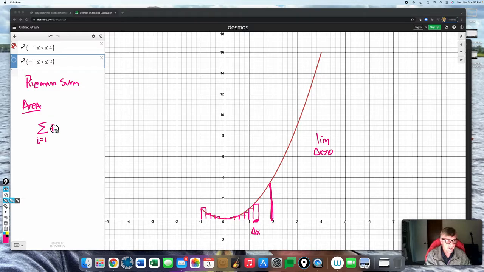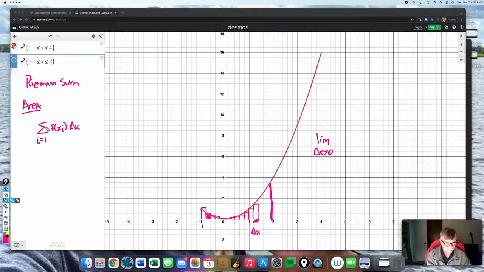Then you'd have to find f of each x subscript i, whether it's left, right, or midpoint, and then do delta x, which is, okay, so this is the height of the rectangle, this is the base of the rectangle. This is one rectangle at x subscript i, like maybe this one, right? And then the summation from the first rectangle to however many there are,